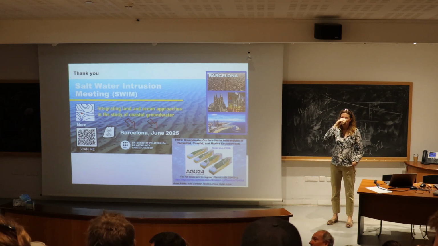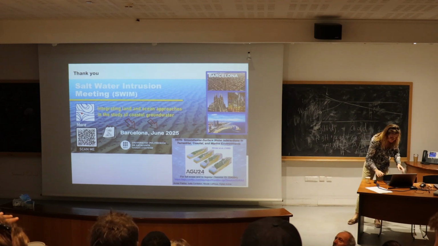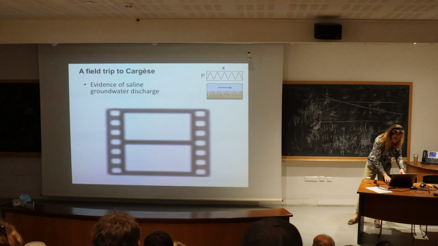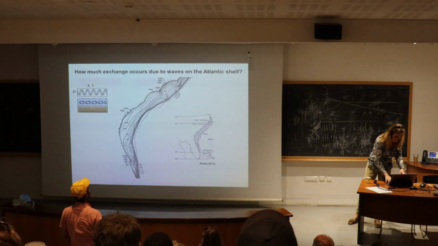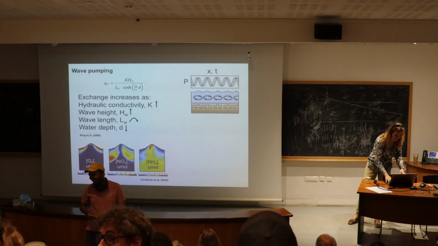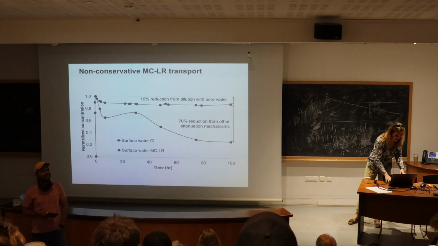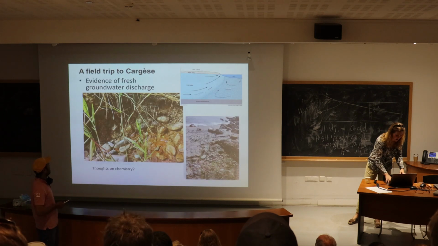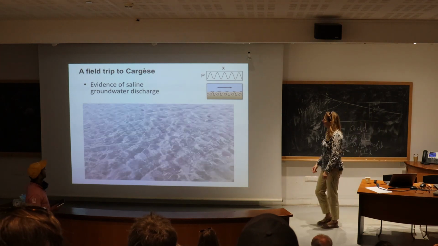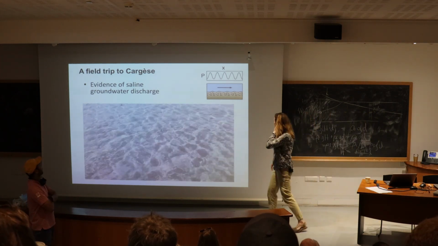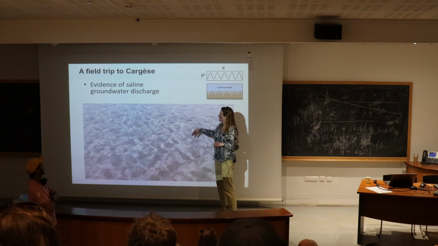Can you go back to the slide where it was on the water in Tagus, but with the ripples? There's a lot of ripple slides. No, it was specifically the Tagus, your observations in the Tagus. The next one? This one? Yeah. How is that evidence of saline groundwater discharge? Specifically, what observations are you using to say that?